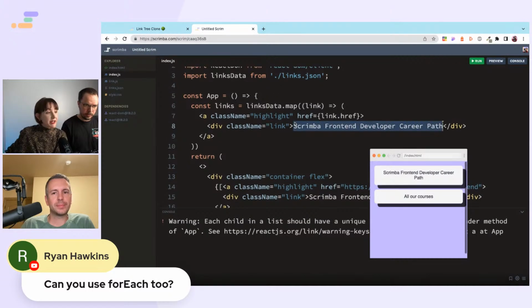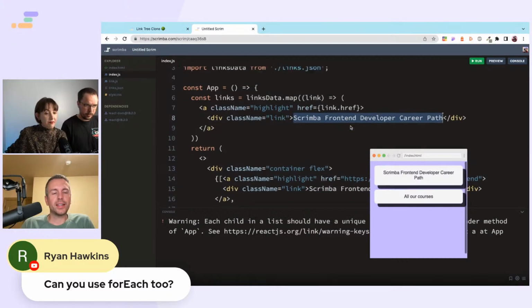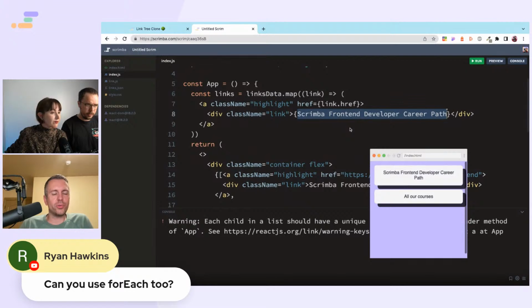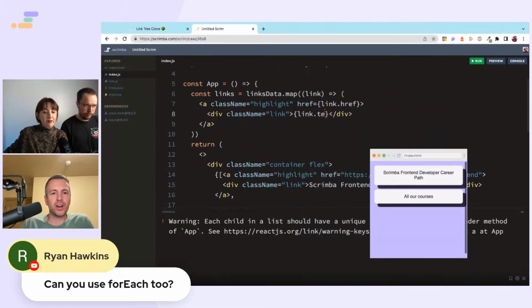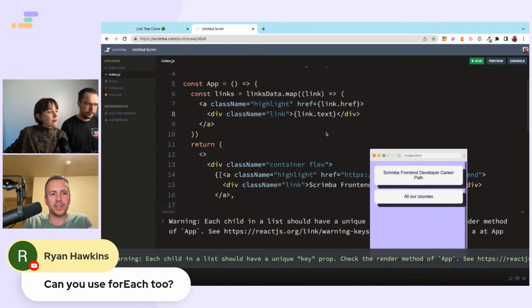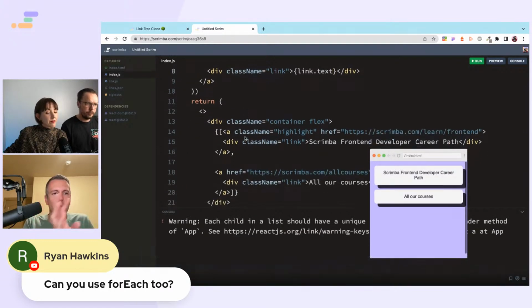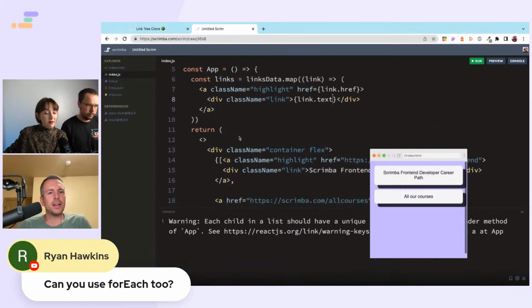Can you use for each too? Yes, yeah. It doesn't matter how you decide you want. You could use a C style for loop if you want. Doesn't matter how you turn the elements from the JavaScript objects into React elements. You could